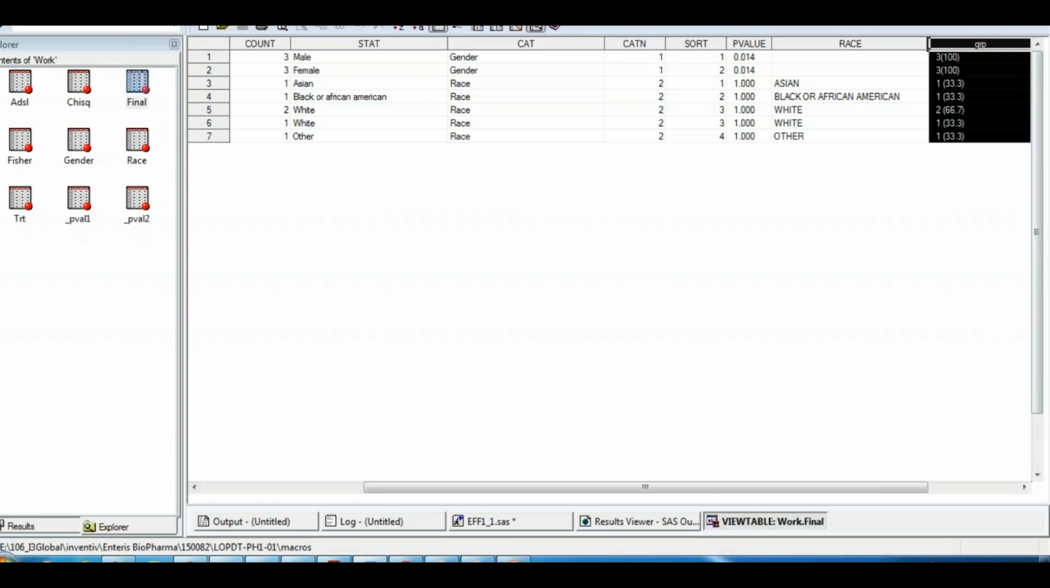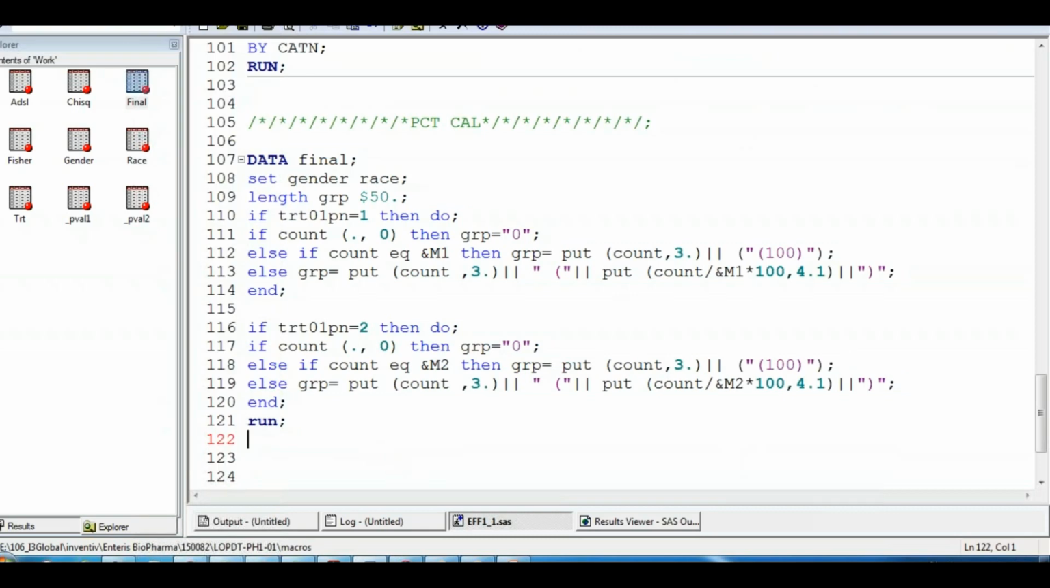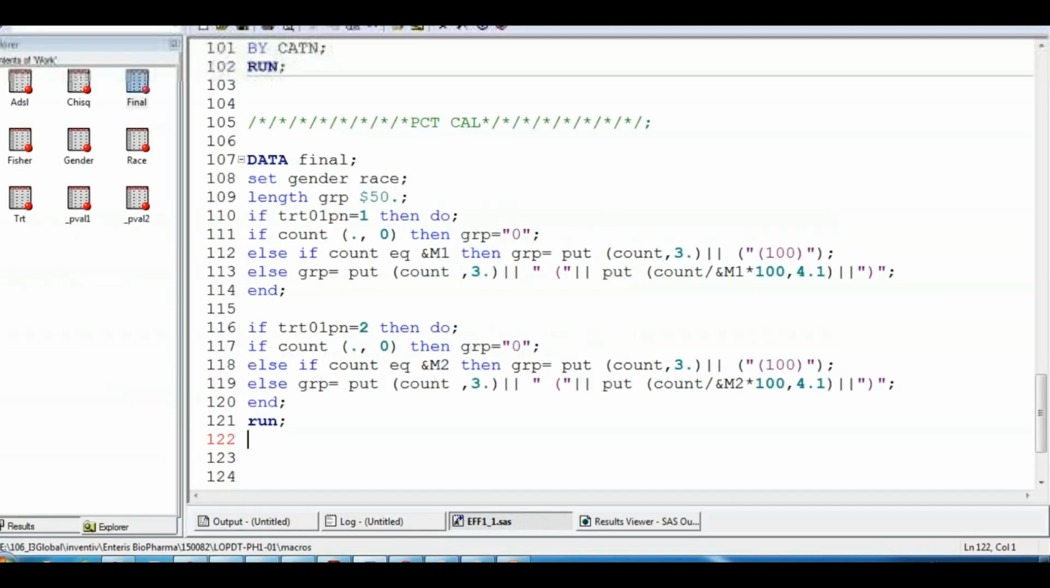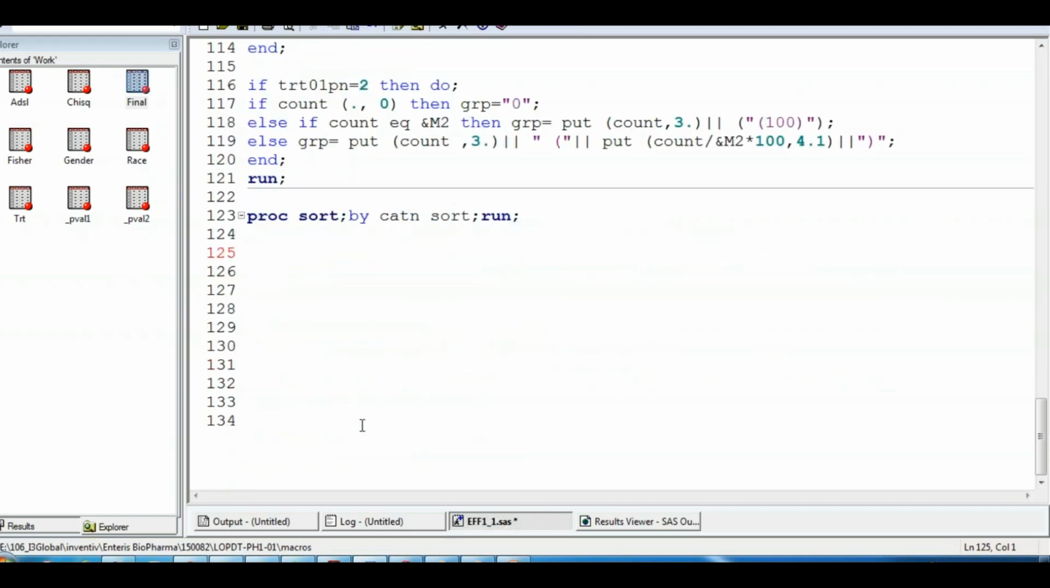Now we can transpose the data set. Why? Because here the treatments are in a column-wise variable. So for that purpose, proc sort by caten and sort, run. Okay, so proc transpose